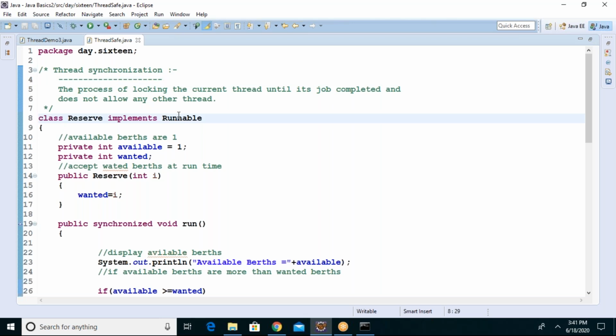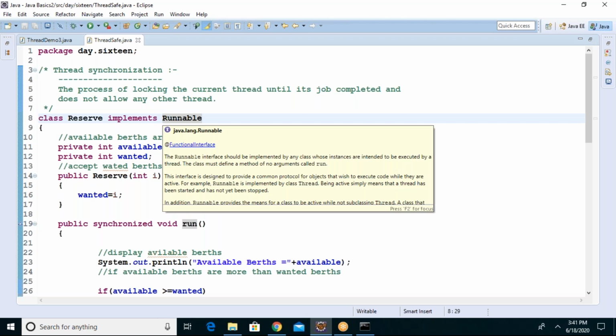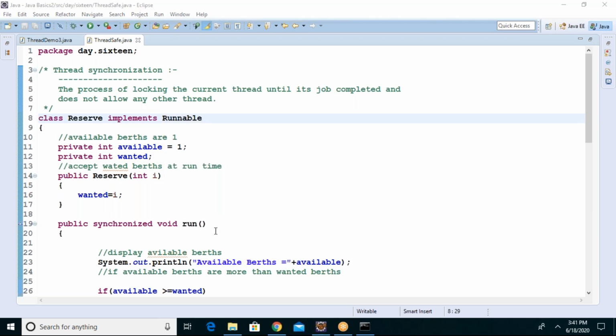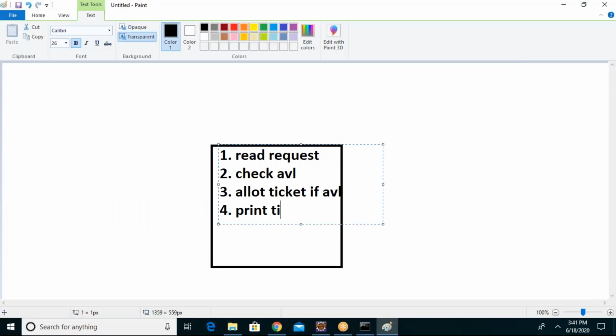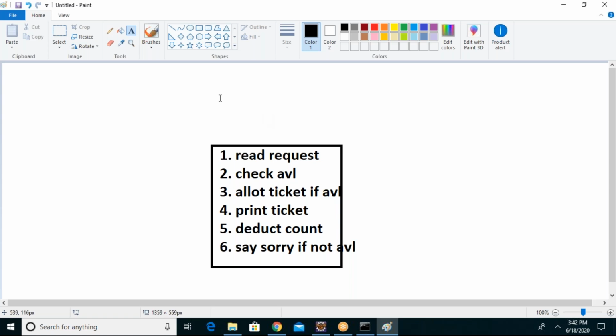I have one program, a server program, with these steps: read request, check availability, allot the ticket if available, print ticket, fifth, deduct count, and finally, say sorry if not available. This is my program.